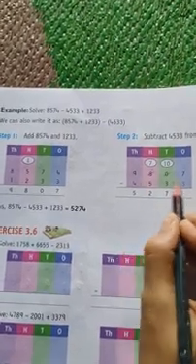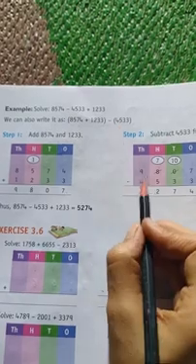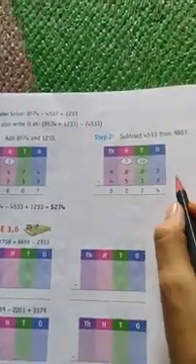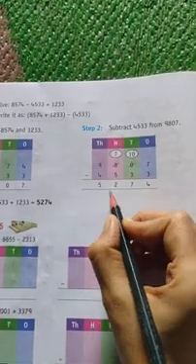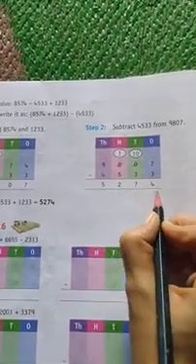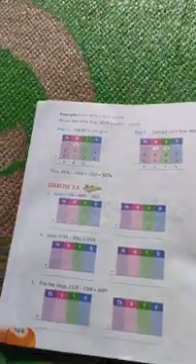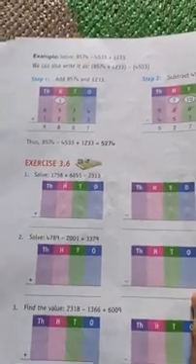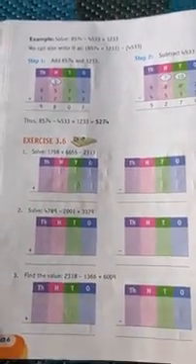So the first number is our difference, and then we will subtract the remaining number from that difference. So what is the answer we got after subtraction? 5274. This is our answer. So with the help of this process, we will solve the exercise 3.6. So in this, solve 1000. So let's start the exercise 3.6.